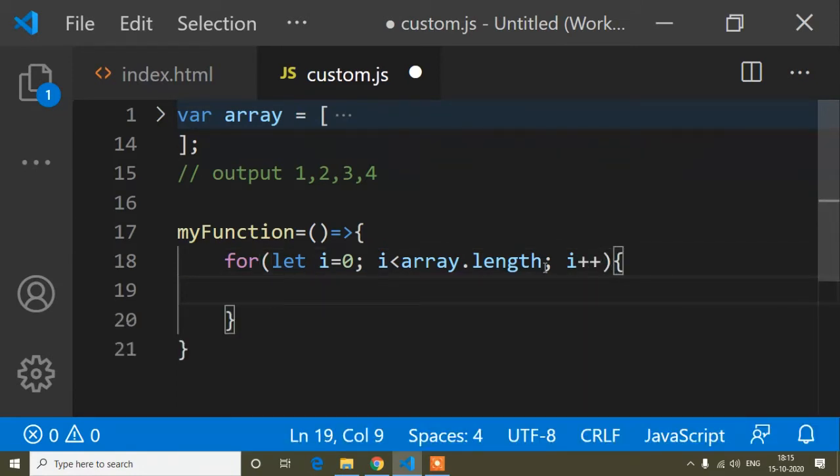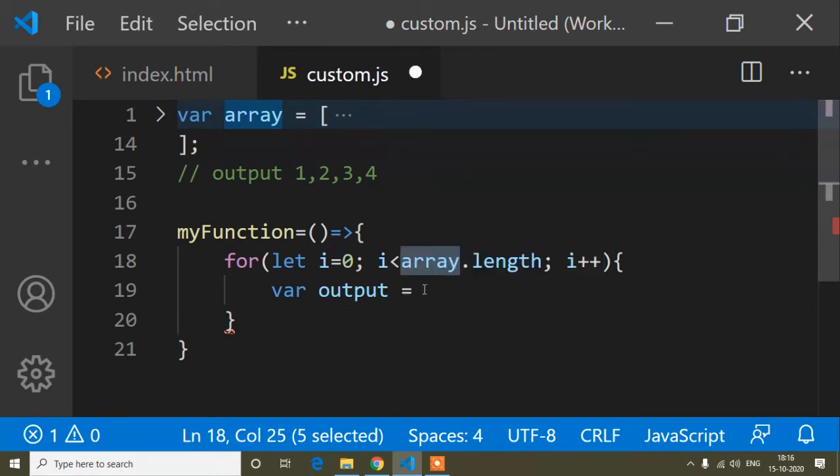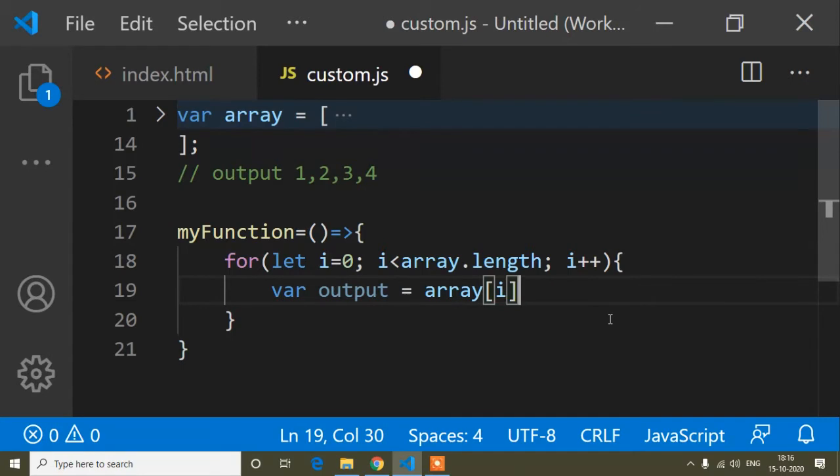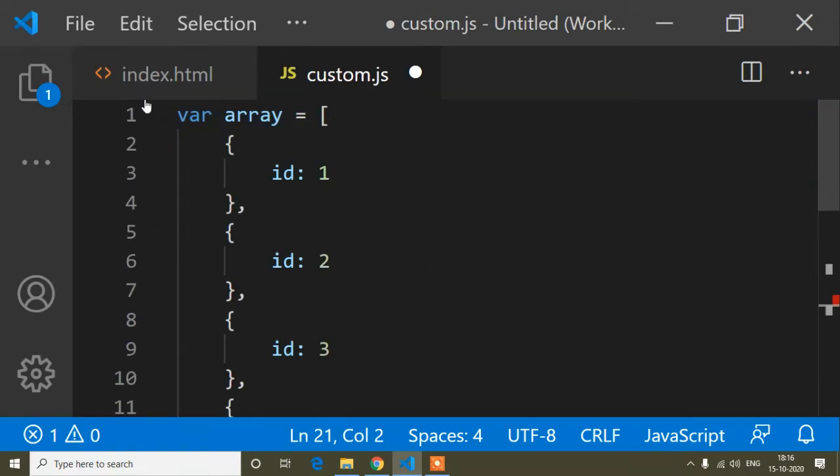Inside this for loop I will take a variable, that is output, where output equals array i, and the object property is id.